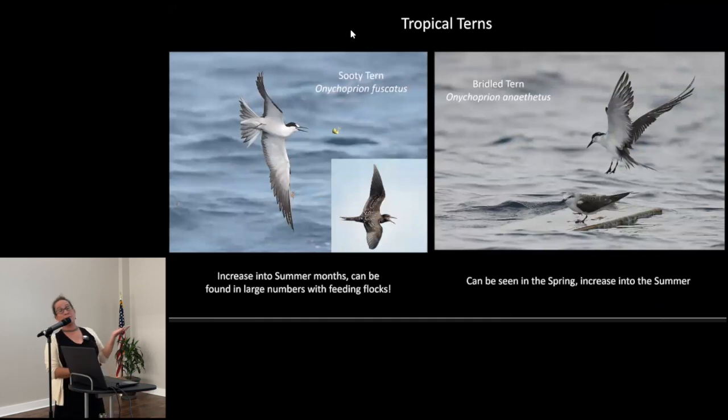Two species that we see more often in the spring, and in much higher numbers in the summer, are the sooty and bridled terns. And by the summer, they have their attendant young with them. So down here in this inset, you can see this is a juvenile sooty tern. And then here's a juvenile bridled tern. And these youngsters will stay with their parents and be foraging at sea with them, kind of learning the ropes,